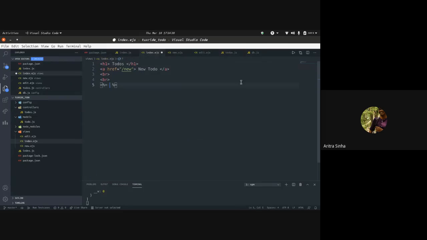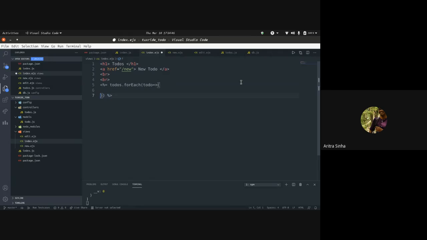So what we will do here is we'll write todos.forEach. forEach is basically a function which will iterate through the whole array of to dos, and it will show you whatever things you require.